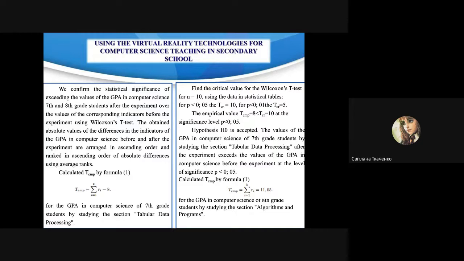we used some statistical methods for the check, and we used Wilcoxon's t-test in order to check if we should reject or accept the null hypothesis, to see if it is really effective to use virtual reality in the educational process. And with the usage of